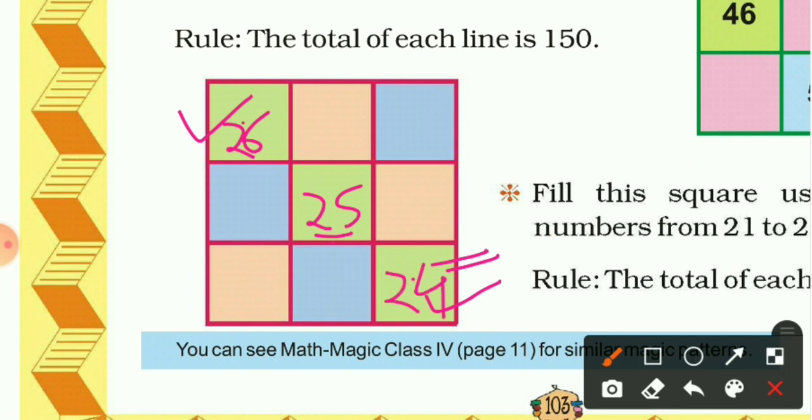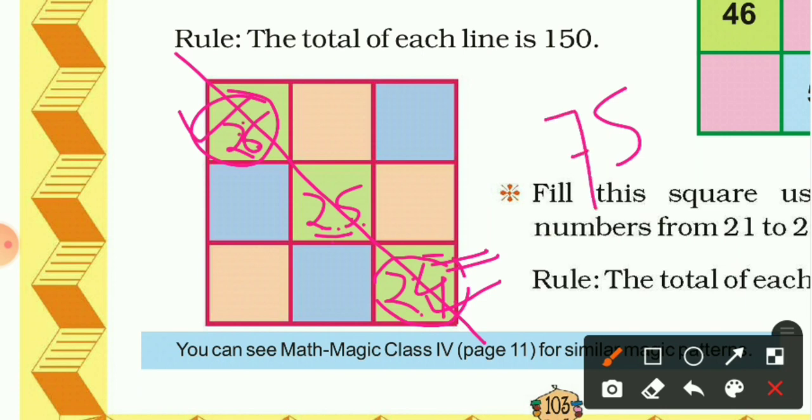Okay, what we are doing? We are just taking one more than 25 for this top one, and one less for this down number. Then you will see that their sum is 75. You can add this 6 plus 5 is 11, 11 plus 4 is 15. Write 5. Then 2 plus 2 plus 2 is 6, plus 1 is 7, 75. Yes, we got it. Okay, so what did we do here? We just added 1 to 25 to get 26, and subtracted 1 from 25 to get 24.